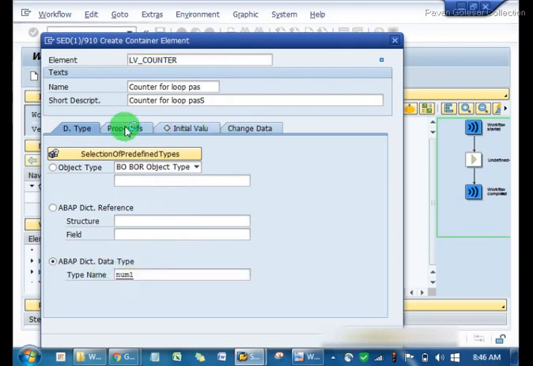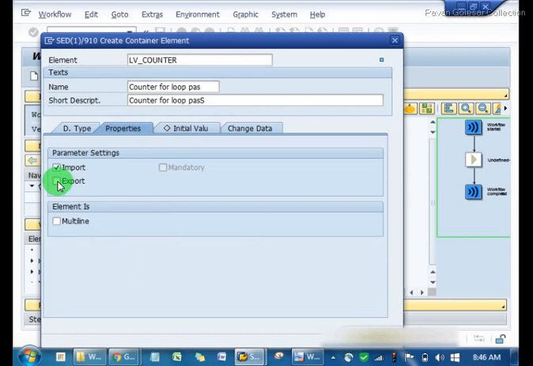Okay. Now going to the properties, the main thing is import export. Now why import export? Because in the run operation, when we are going to run, this variable will be giving the values as well as taking the values. So when it decrements the value, it is again imported, and at the time it wants to send the value, what is my value? The variable will say that I am right now 5. Then it will say okay, come 4. Then it will say again 5. So that is nothing but this property import export.